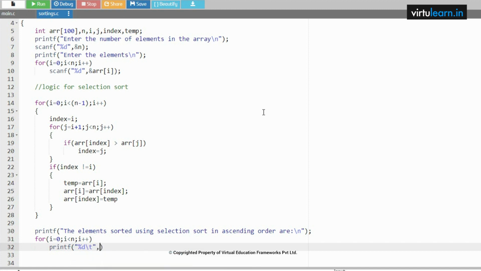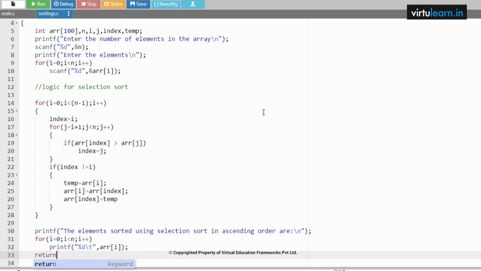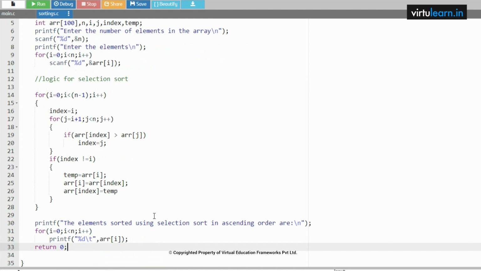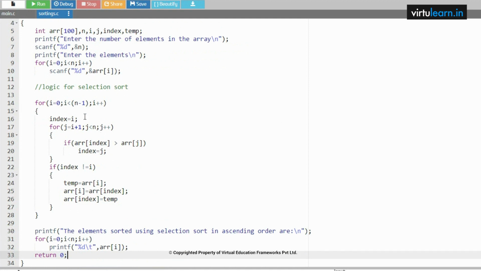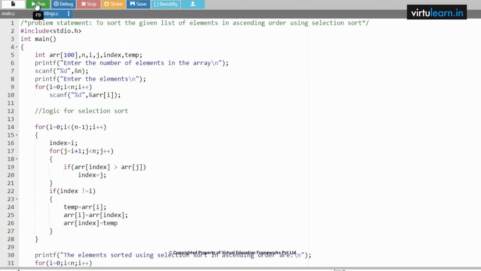%d\t, comma, the given array of i. So here we will be getting all the elements in the sorted order. Next, return 0. Now let me give the input and check whether the given elements are sorted in ascending order or not